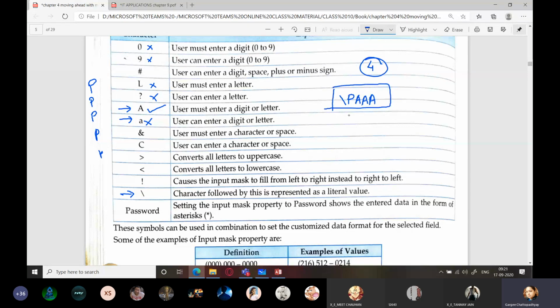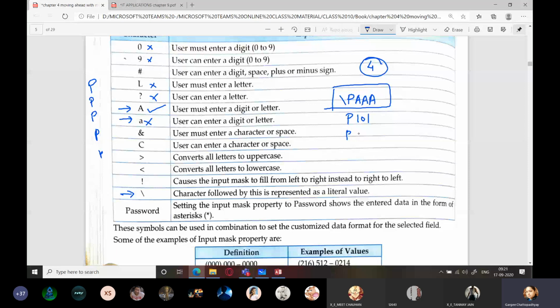It will accept anything like P101. It can accept anything like PA01, PABC. Anything it can accept, but the first one has to be P. And because a primary key constraint has already been set, this field will not accept any duplicate value also. Got it? So you are restricting the user over here. So let us do this and see.